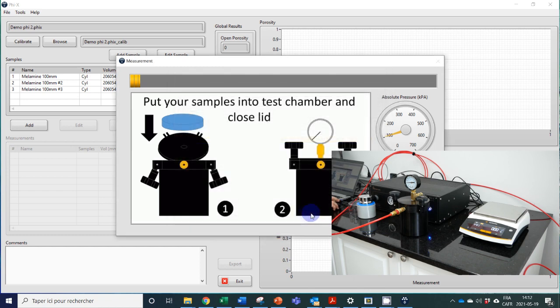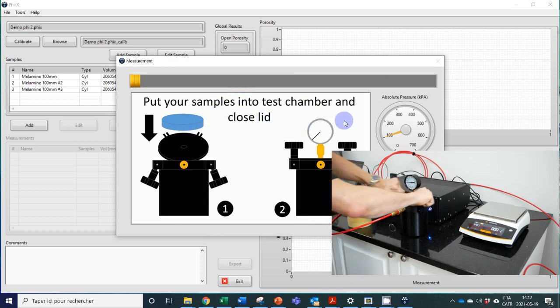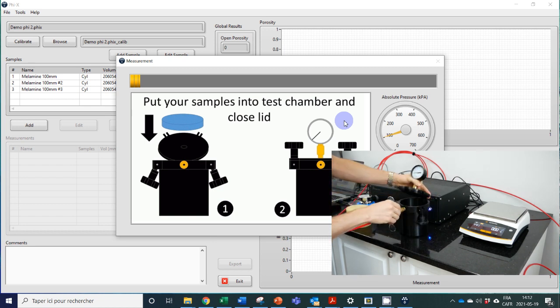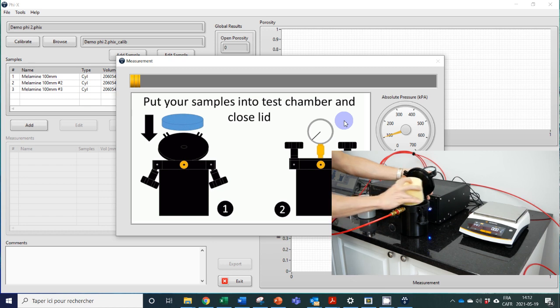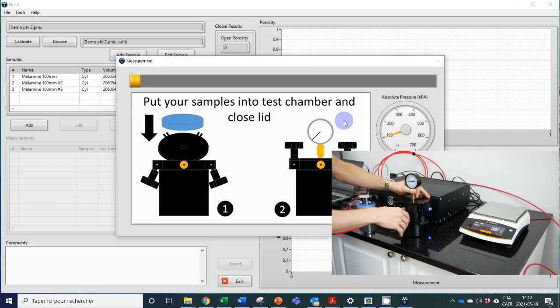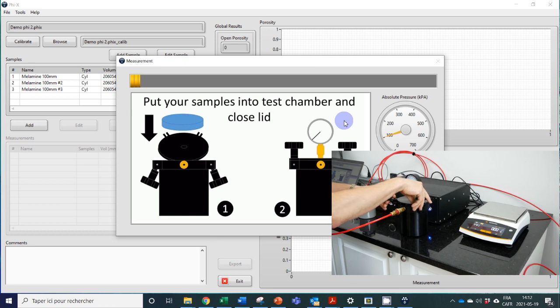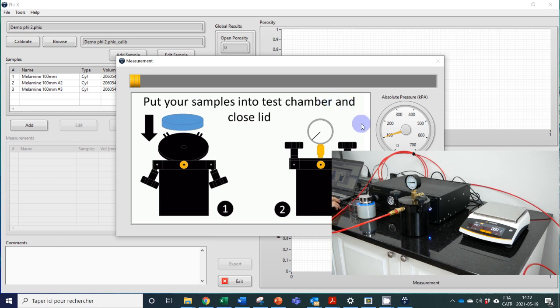And now I need to put the samples in the chamber. Once I put the samples in the chamber, I click on next,